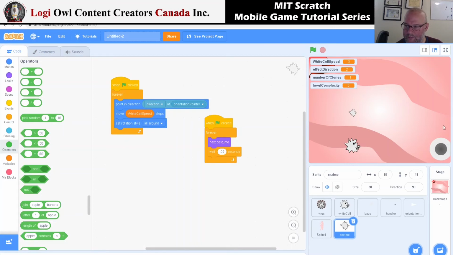Shooting will have another button here, because we cannot have two hands on the screen in Scratch. The screen cannot detect two touches, so we need to play on that by having that